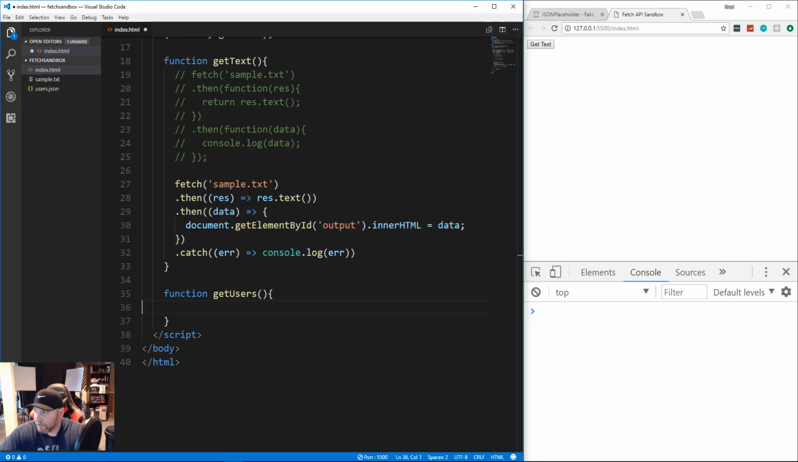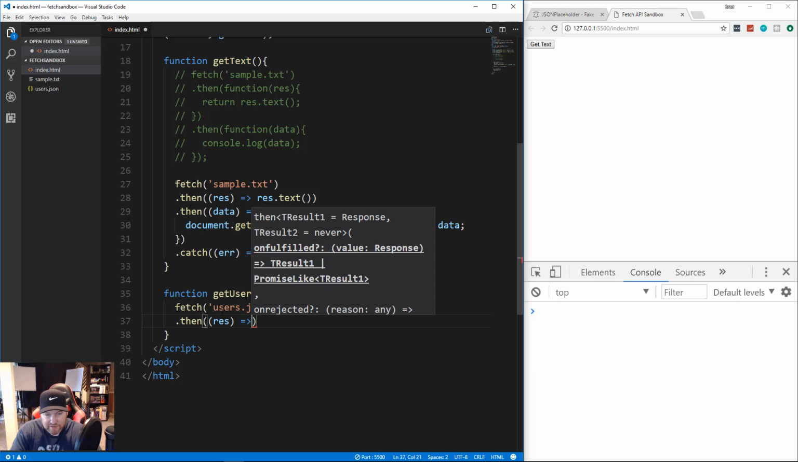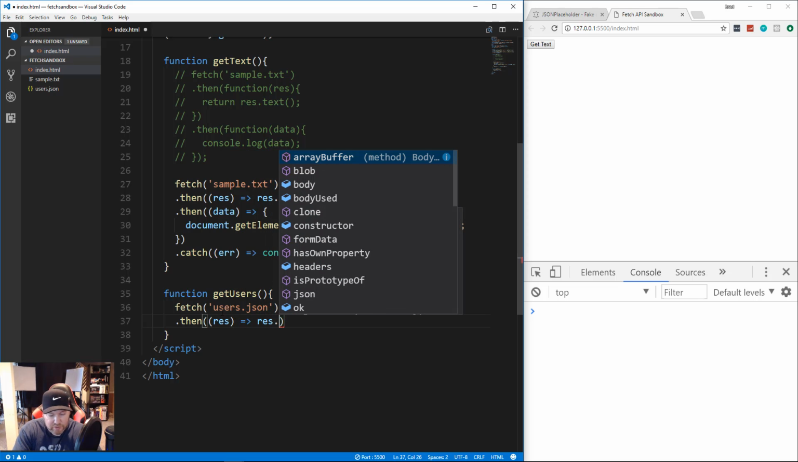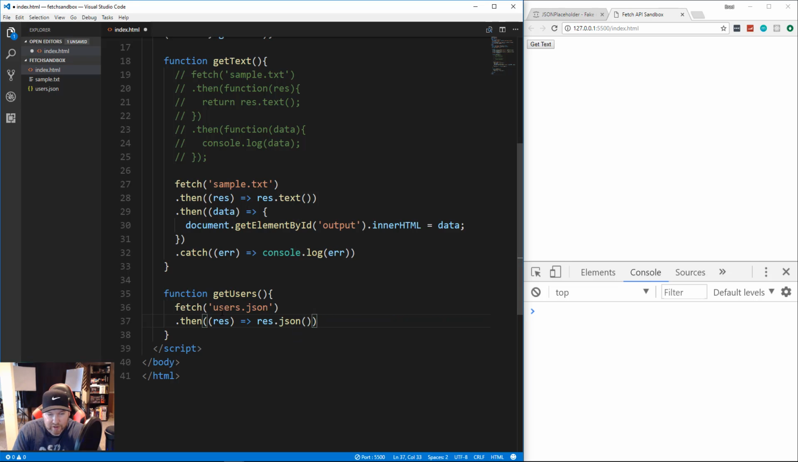All right, so for getUsers, we're pretty much doing the same thing. So we're going to say fetch users.json, and we want to do... I keep spelling fetch wrong. So fetch users.json, then we want to do our .then, and we're going to take the response, and this time instead of setting it to res.text, we're going to do res.json like that. All right, and then we need our second .then, and actually I'm not going to use that semicolon. In here, we're going to get our data,